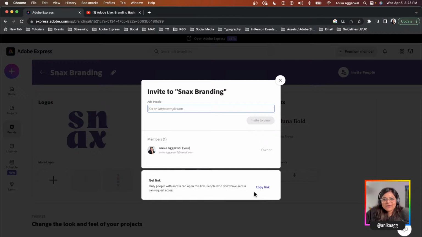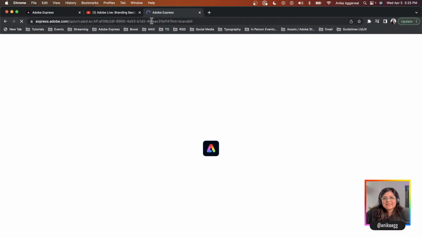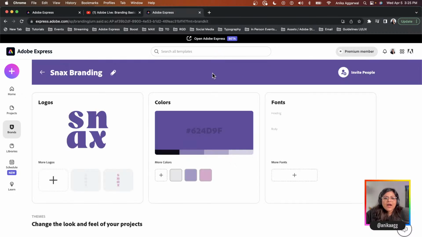So if you have your co-founder who wants a link to the file, or the template file in Adobe Express, or the logo library, you can click on copy link, and I can go ahead in the browser and paste it. Once you send that to them, they will either have to create a new Adobe ID or log in from their existing ID, and then they will be able to see this. So super cool. That's how you create a brand, and you can access it within Adobe Express